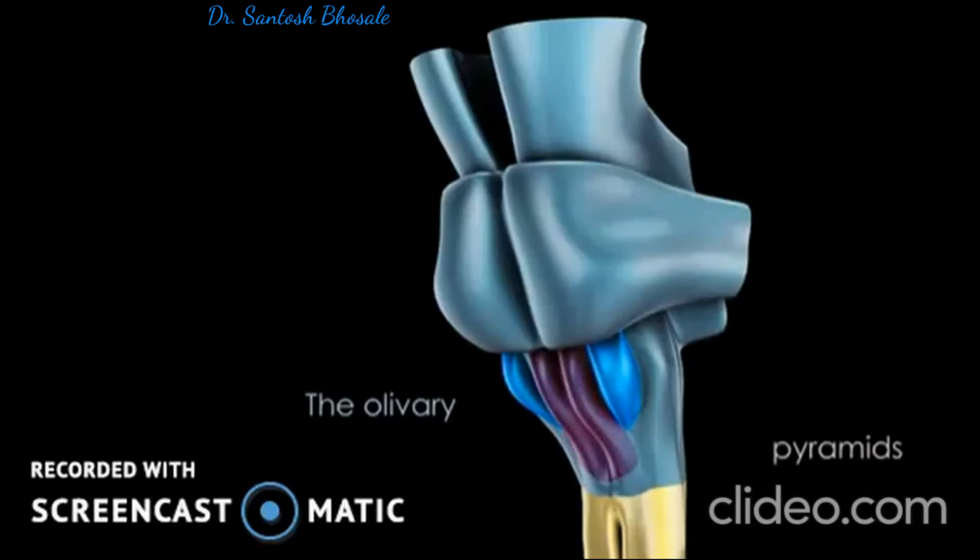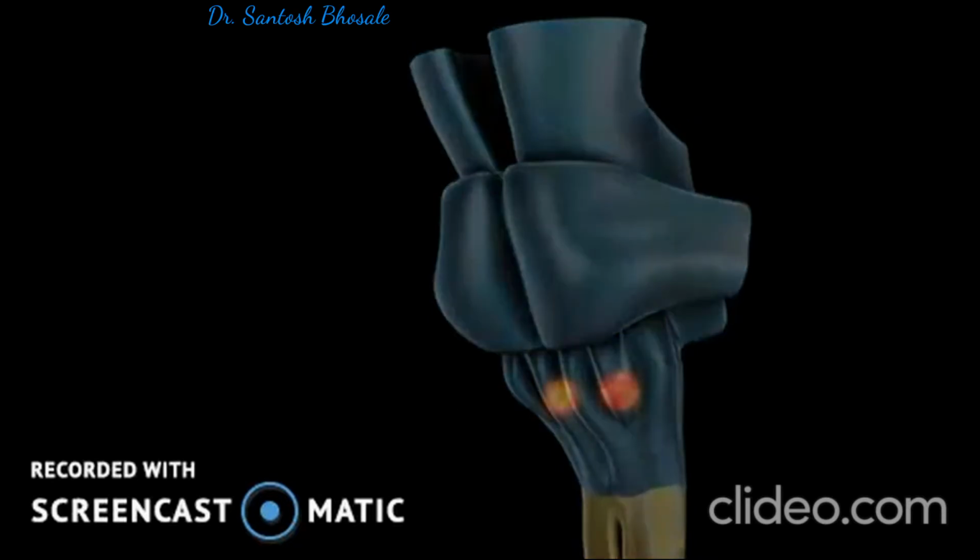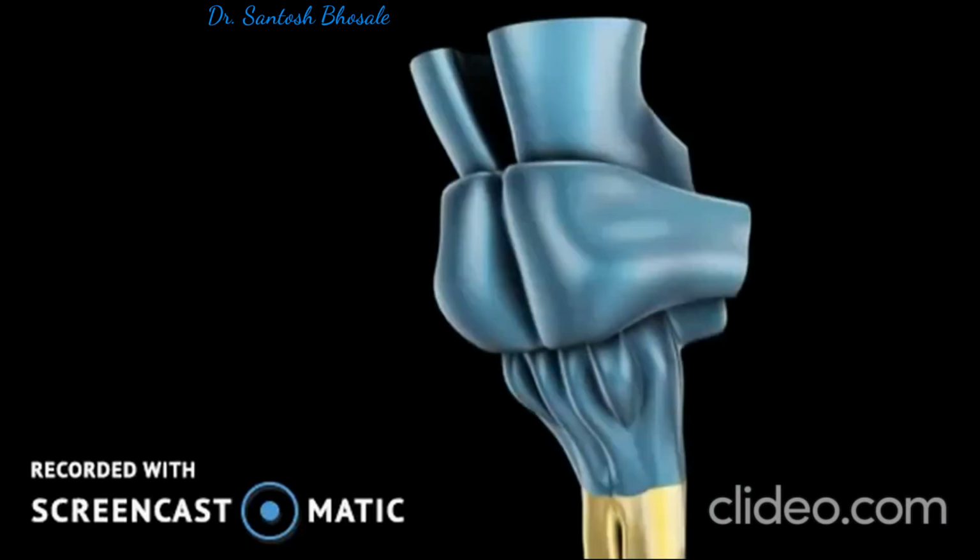Pyramid represents the descending tracts, corticospinal tract, which decussate in the lower part of medulla, and just lateral to this you will see olivary masses due to olivary nucleus, inferior olivary nucleus that you see there. So, these are the different parts of the brainstem that you see. You should remember midbrain and the lower part of medulla retain tube-like structure, whereas the upper part of medulla and pons have a posteriorly open part due to acute ventral pontine flexure.